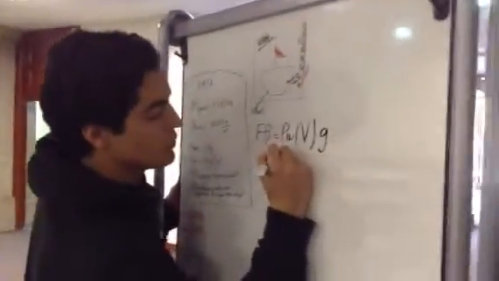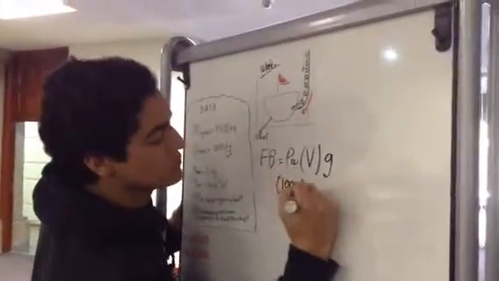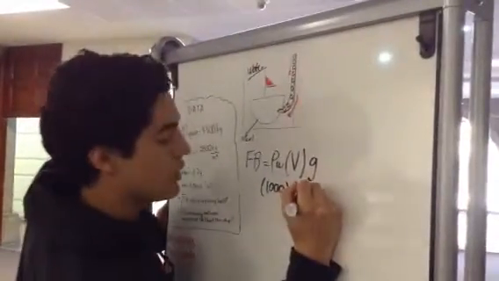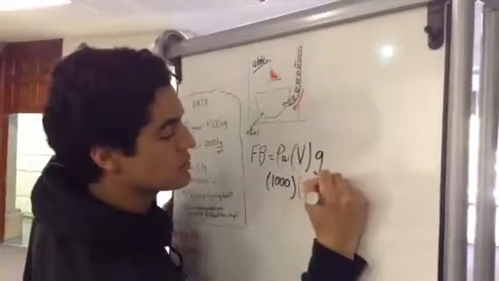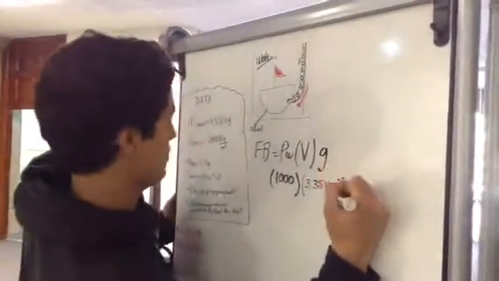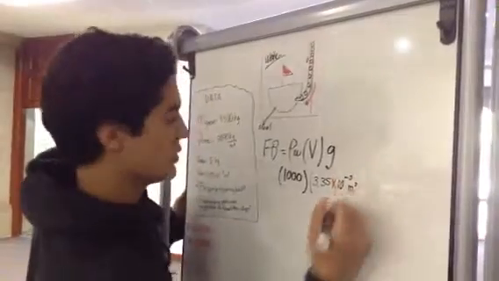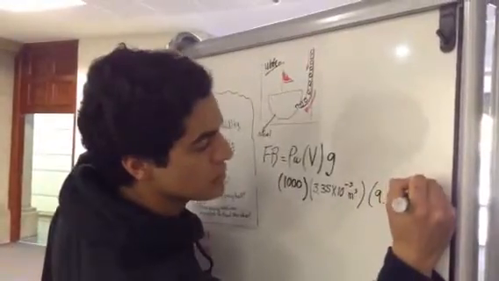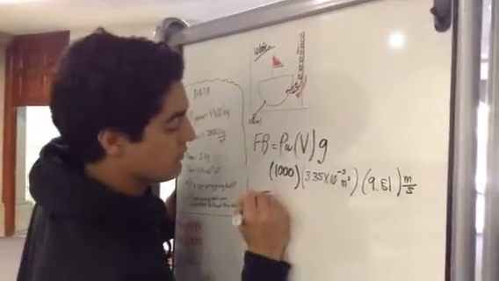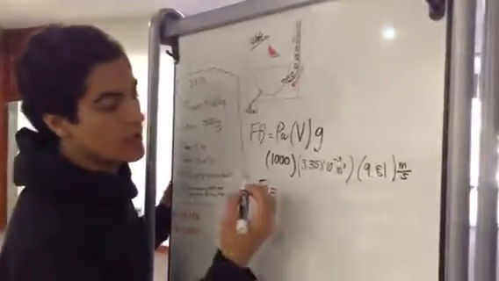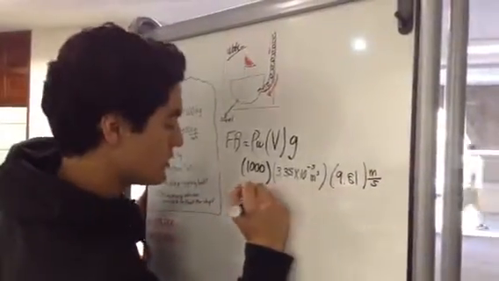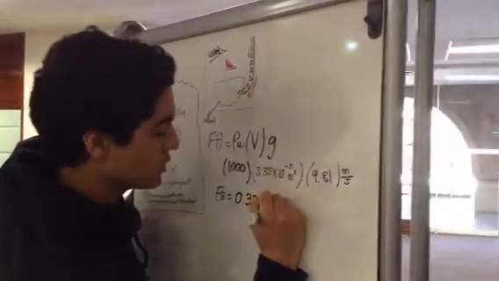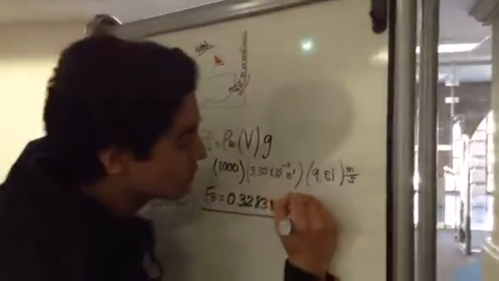So we substitute the values times 0.35 times 10 to the minus fifth meters cubed times 9.81 meters over second squared. So if we solve for that, we obtain that the buoyant force is equal to